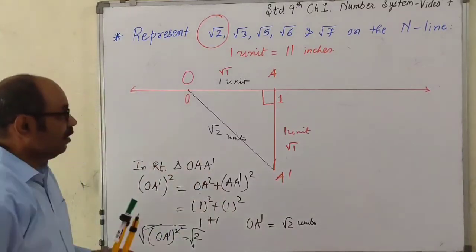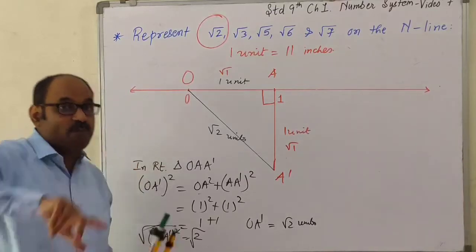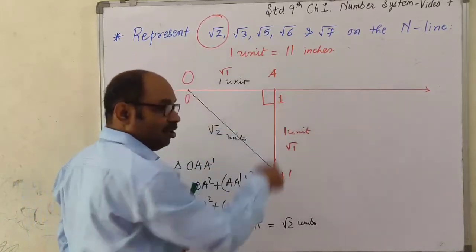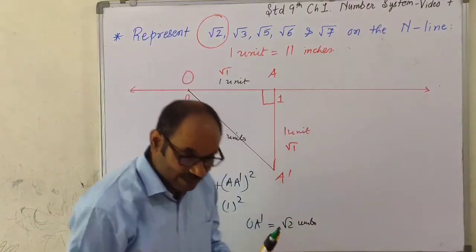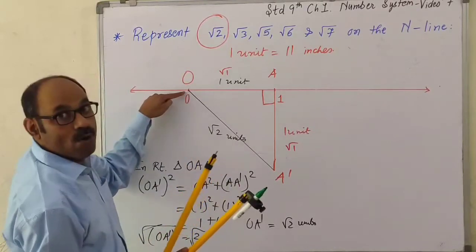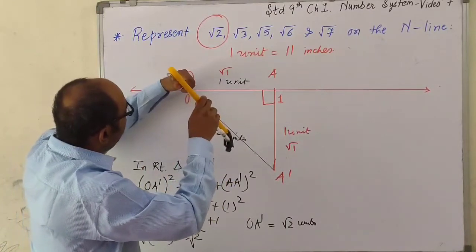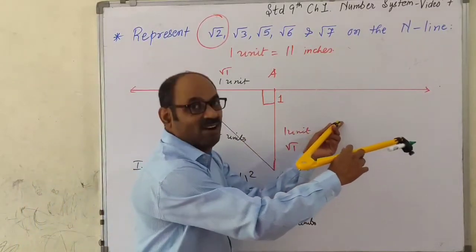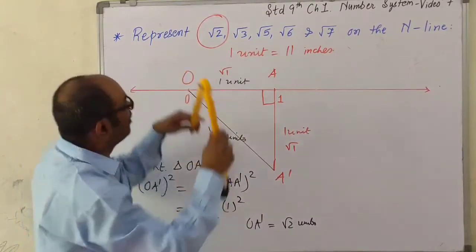Now, the next step that I am going to do is the process of projection. I am going to project this length OA dash on the line. How? For that I need a rounder. Let's see how I do that. I am going to draw a circle with center O and radius OA dash. So here is the center. It will be very difficult for me to place this point. The point will not be retained here on the board because it is slippery. Anyway, I will try my level best.